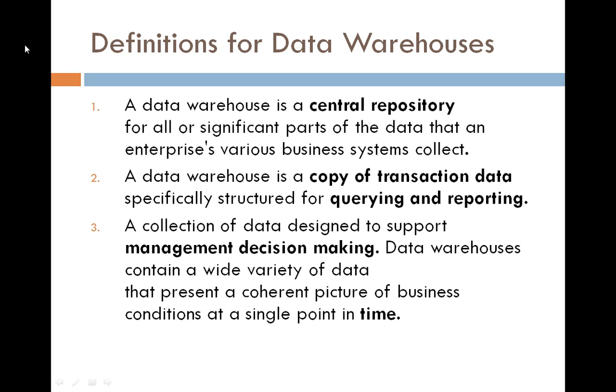So what is this? The data is a copy of the transaction data which is copied daily. So when the business hours are closed for an organization, for example, Walmart, once the business hours are closed at, for example, 9 p.m. in the evening, then at 11 p.m. or most probably at 12 a.m., we would be running a few jobs in the back end. So what those jobs will do is read the data from the respective tables which got updated on the particular day, pull that particular data and put it into the BW system.